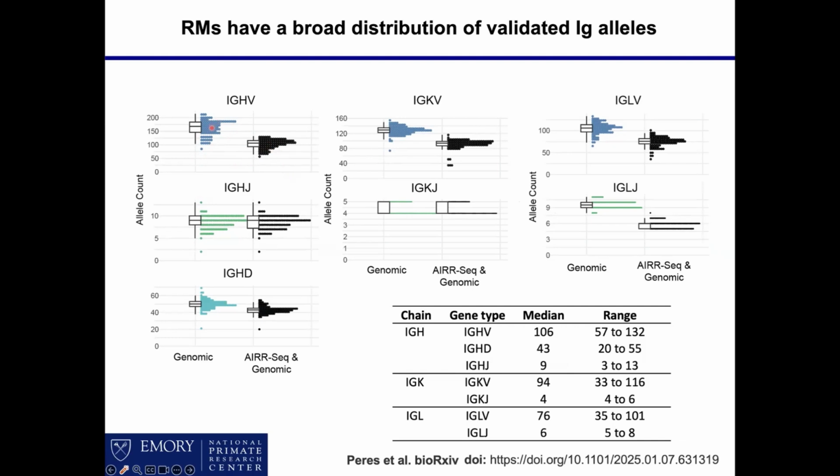And it's kind of an interesting biological question. Why are there so many alleles that look real? They have RSSs, they match up to known sequences, but we can't find them in the repertoire, despite sequencing over 100 animals. And down here are the reference statistics. So these are the number of alleles that we're finding on a per animal basis as a median for these three loci. And so it kind of matches up with what you'd expect.